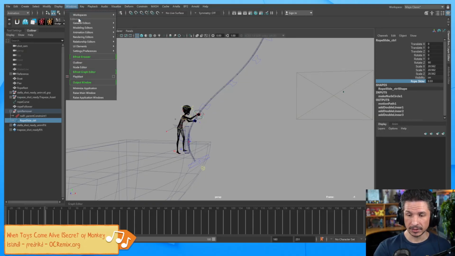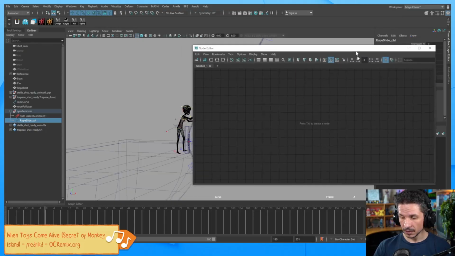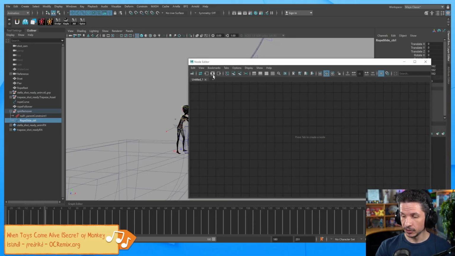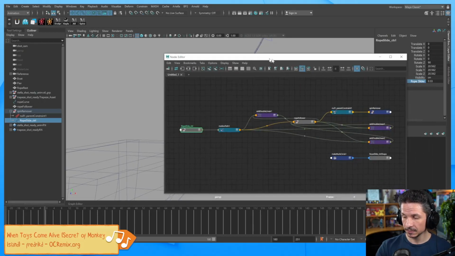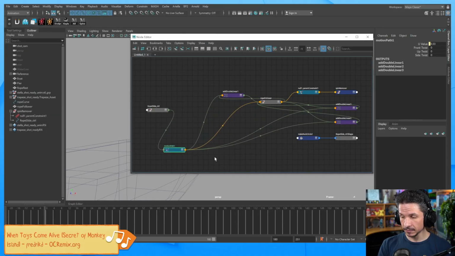You can go to Windows and open up the node editor. The node editor shows all the connections in Maya for your objects. And with the rope slider ring selected, I'm going to graph this out. So I'm going to hit this button right here. It's the box with the 2 arrows. This will show the inputs and the outputs of this object right here. Now it's going to be a little bit messy, but essentially we're looking for our motion path right here and our control,